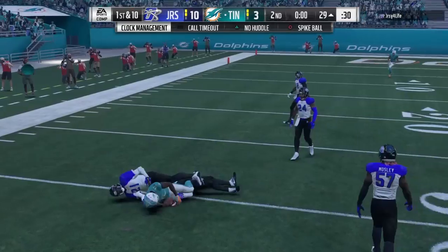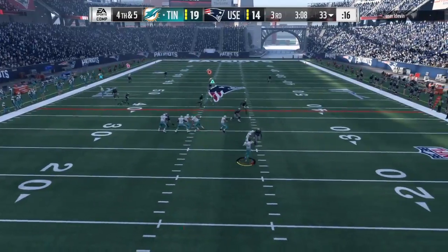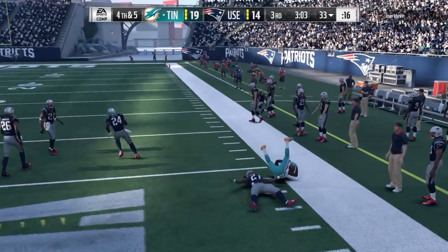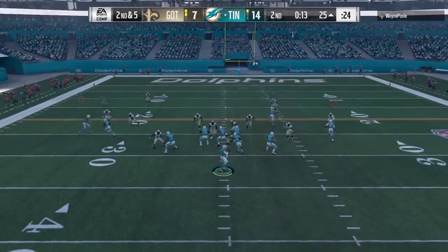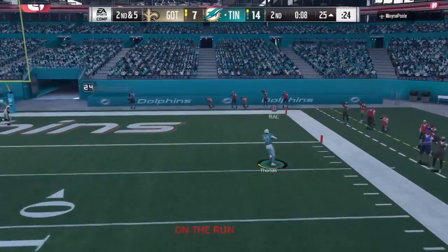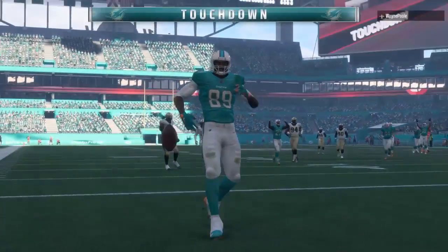Now throwing on the run, his highest overall, which I would give an A-. And you see right there, under pressure, off his back foot, and still put it where it needed to be. Right here, you're going to see circle get wide open, and I'm sure there are some quarterbacks who will completely overthrow or underthrow this pass. Not Tyrod Taylor. Very rarely did he,